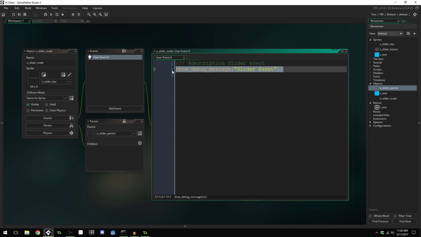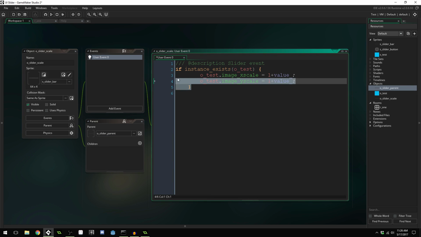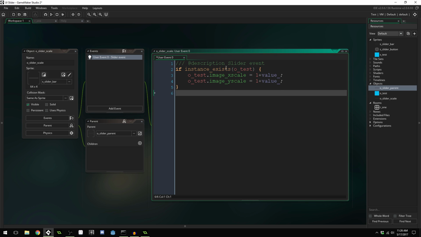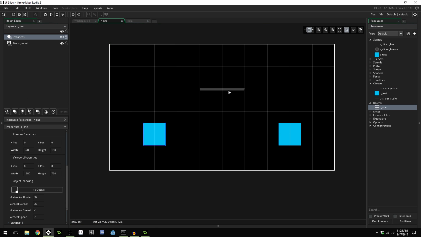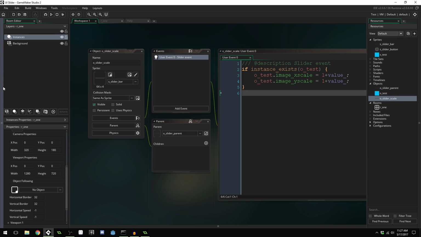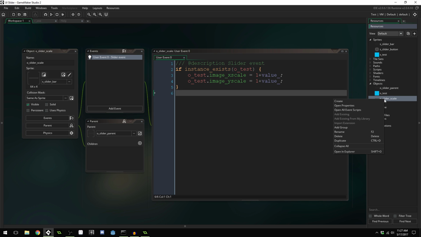So we can just paste this back in. If instance exists, object test, do the scale, right? And we come back into our room right here. We're going to delete the parent slider and we're going to add the scale slider. Now that we've done that, everything should work exactly the same, except we can duplicate the scale slider,